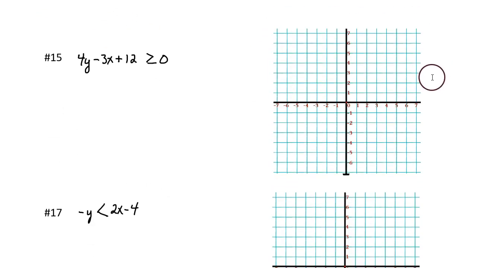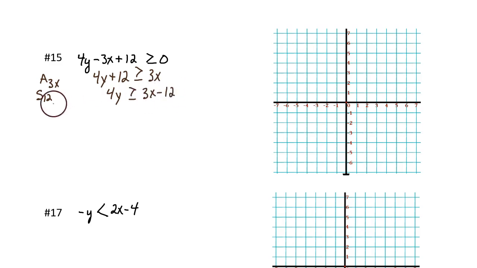Next, number 15. Let's put this one into slope-intercept form. First, add the 3x. We get 4y plus 12 is greater than or equal to 3x. Now subtract 12. We get 4y is greater than or equal to 3x minus 12. Then divide by 4. We get y is greater than or equal to 3 over 4x minus 12 divided by